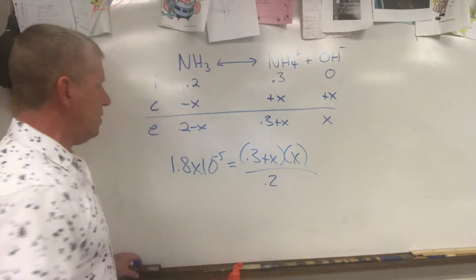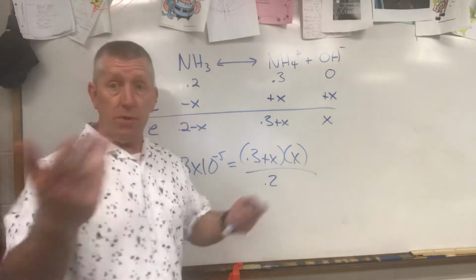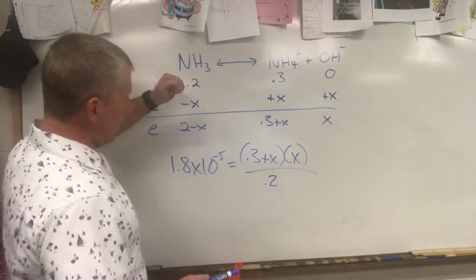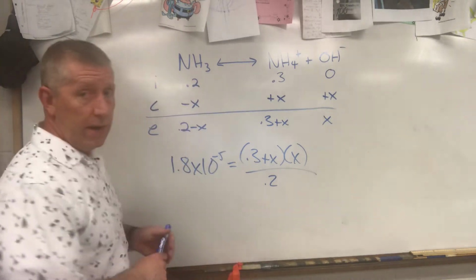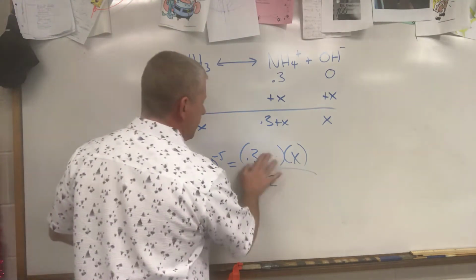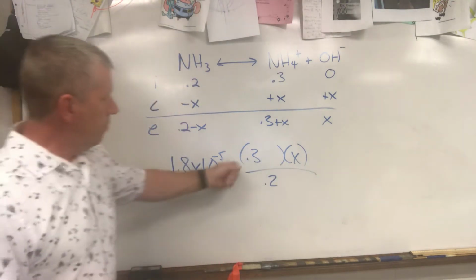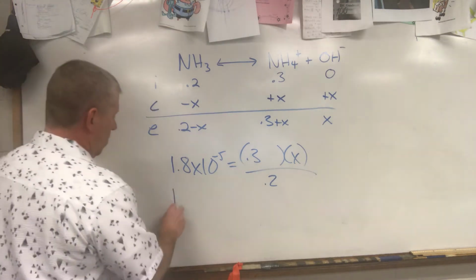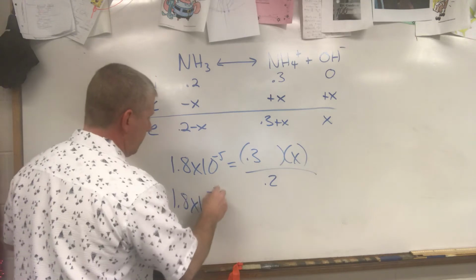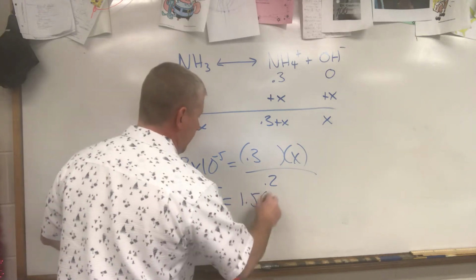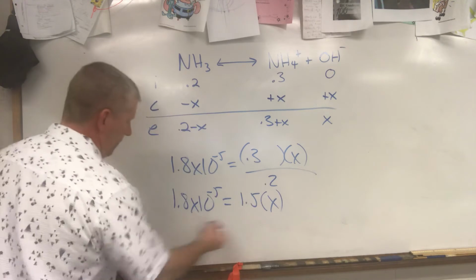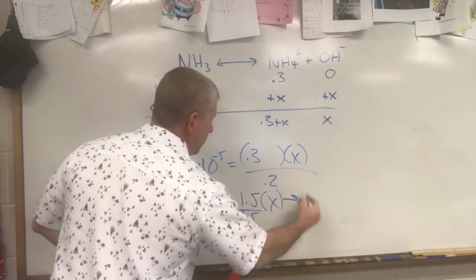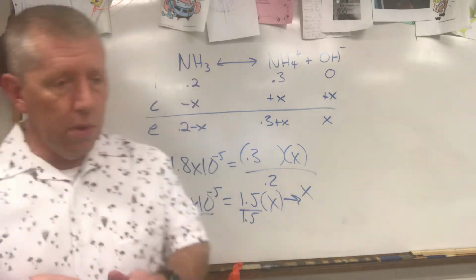I mean, sometimes people ask, can I do the rule of 100 on the top as well? Absolutely you can. This x will be very tiny when I take the original concentration and divide it by that. I'll get a big number. So this x can also go bye-bye. All right, 0.3 divided by 0.2 is 1.5. So 1.8 times 10 to the minus 5 equals 1.5x. Divide by 1.5, we will get x. And that x equals